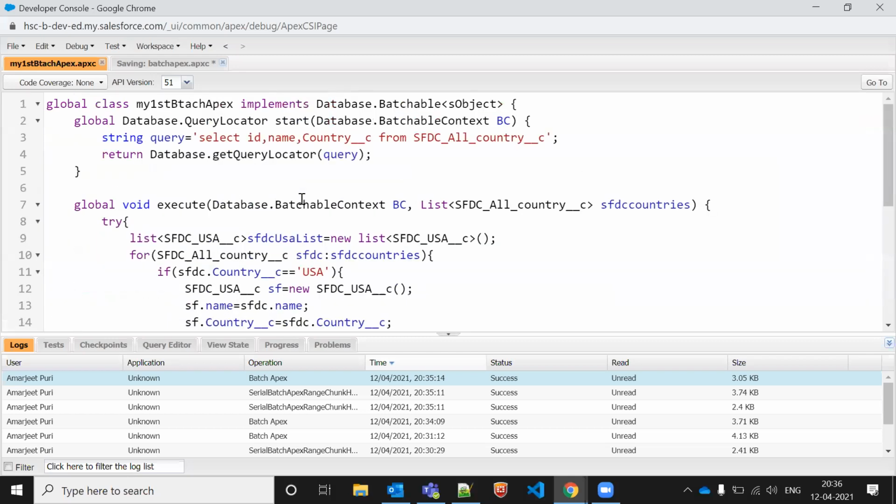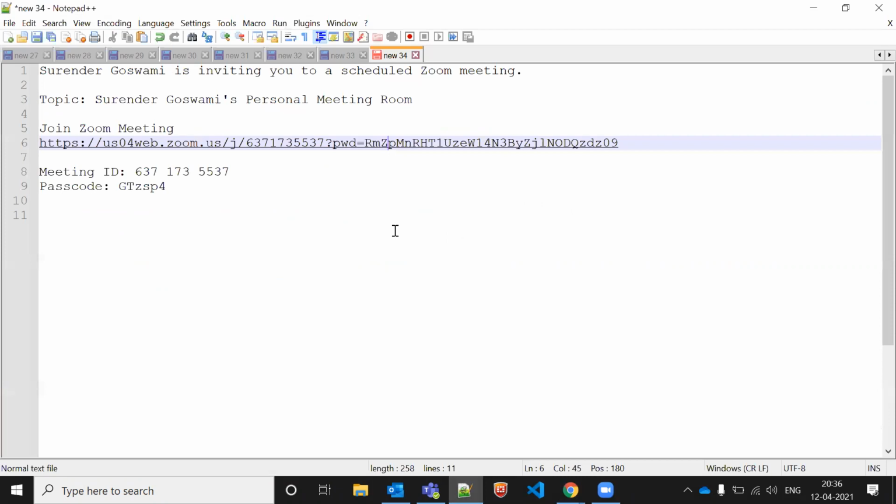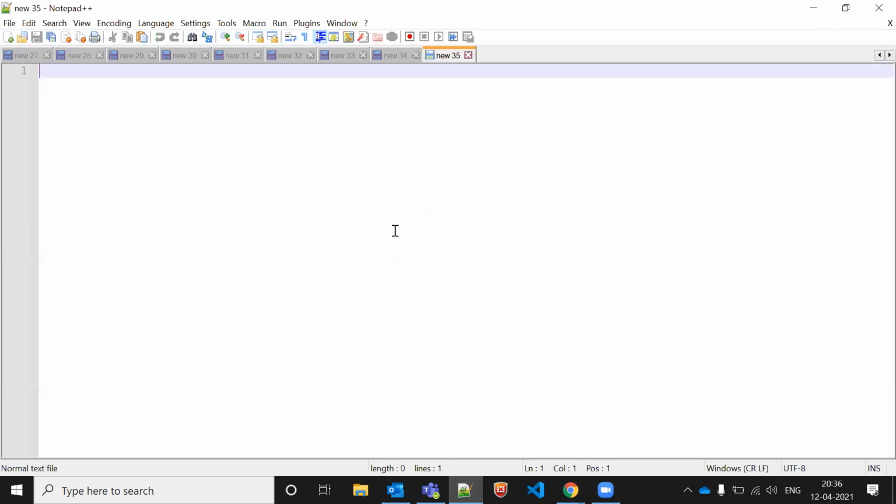Okay. So in the batch apex, after completion of this batch apex, we have different interfaces in this batch apex. One is iterable, second is database.allowCallout, third is database.stateful. So let me tell you everything in this one. This is very, very important from an interview perspective as well as real time. So first is